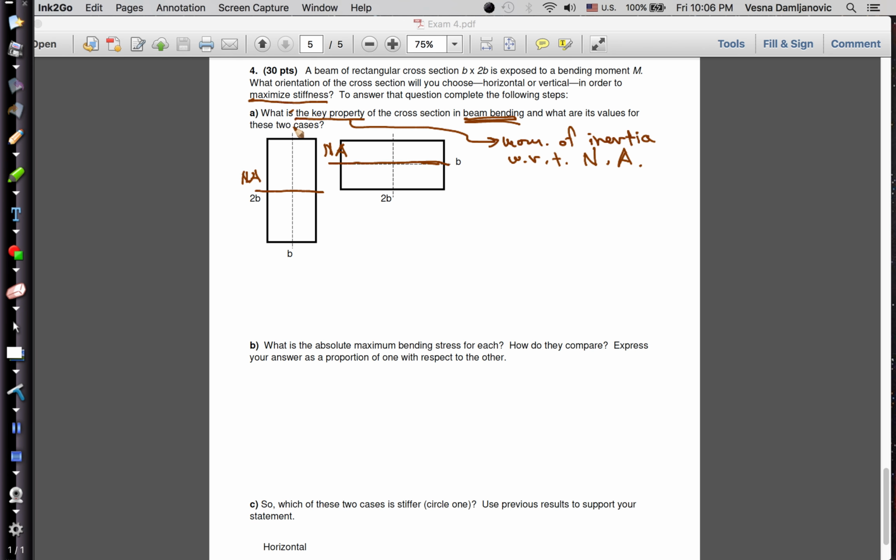What are its values for these two cases? I'm going to call this case horizontal, and I'm going to call this case vertical. Okay, so let's write the I for the horizontal, or let's start with vertical. I vertical is equal to what? It is equal to the width to the first power times the height to the third power. The height is 2b. It's not the distance from the neutral axis, it's the total height. So it's equal to